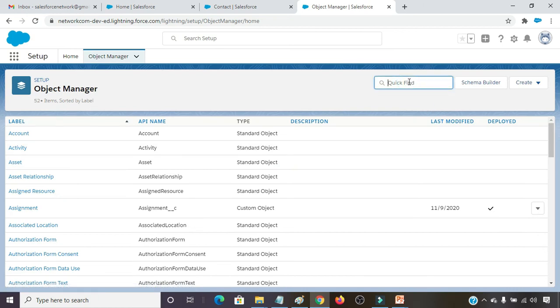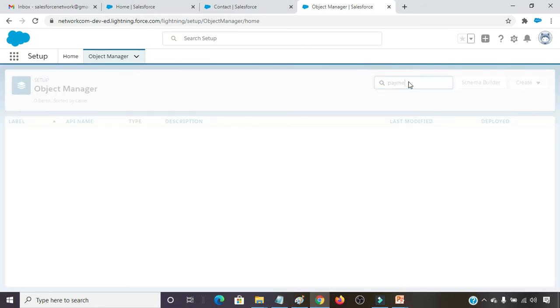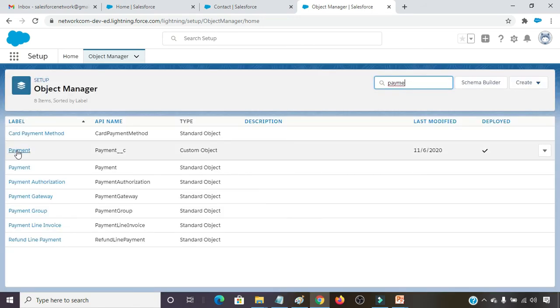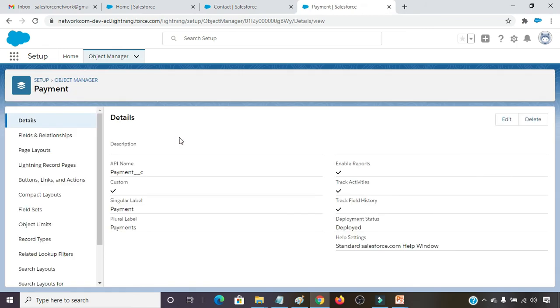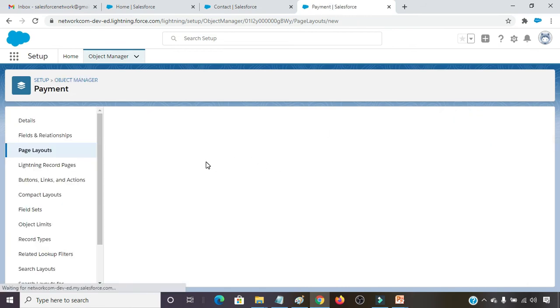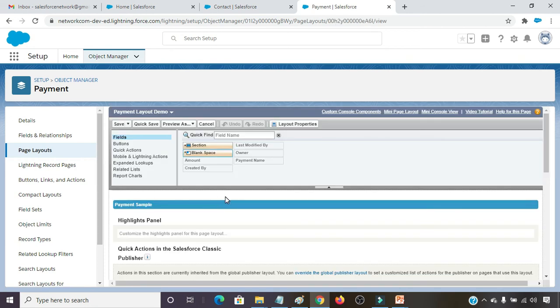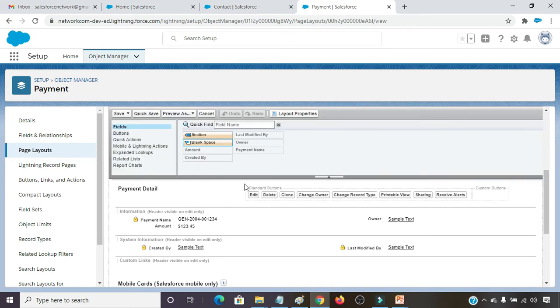Here I have to go with payment, the payment custom object. Click on page layout, new. Choose the existing page layout, payment layout, and here I am going with payment layout demo. Click on save button.